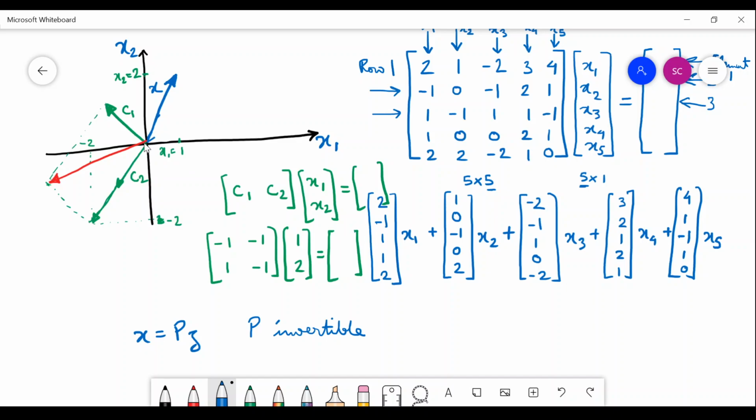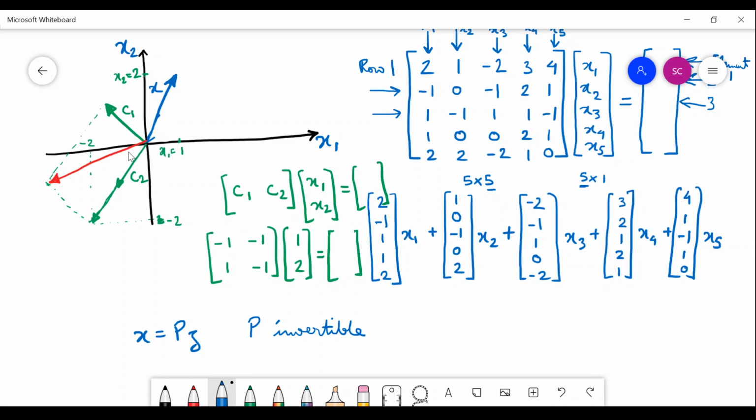Anyway, at least you are able to understand that when you operate on this vector x, and this x can be any vector, so we have taken this particular one, it is coming to this particular one with this matrix being operated on it, and this matrix is an invertible matrix. You can check the determinant, it will be non-zero, and thereby with the help of the same type of matrix, wherever your x was, you will be able to get a corresponding z.